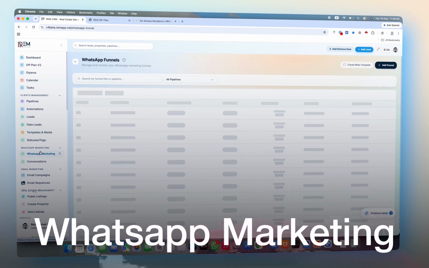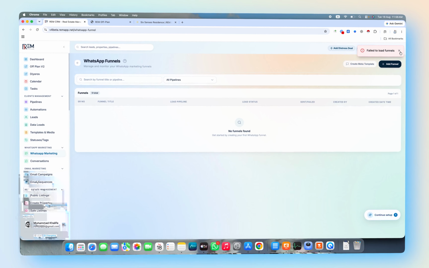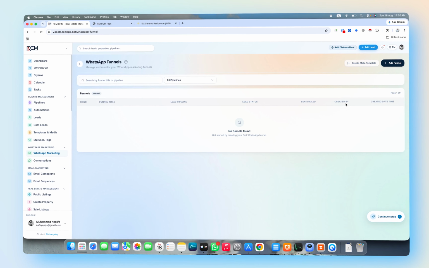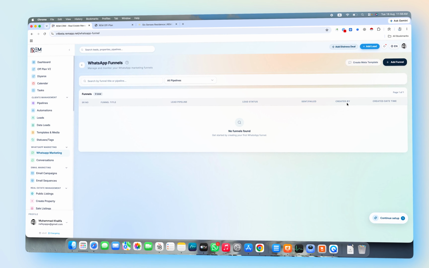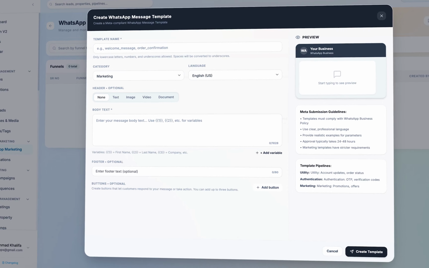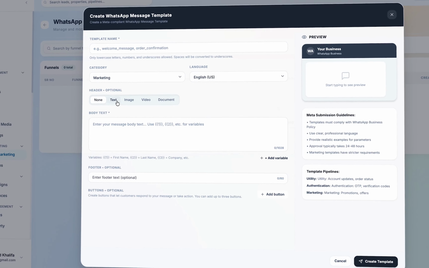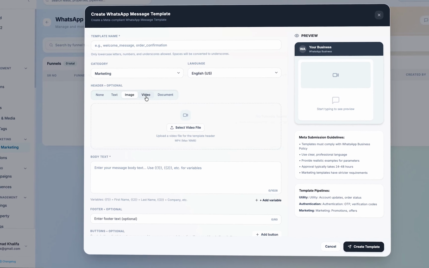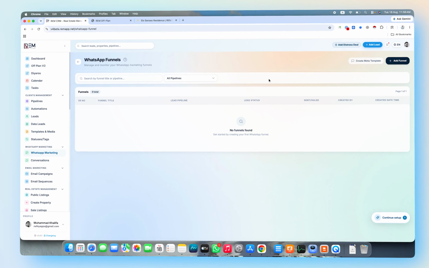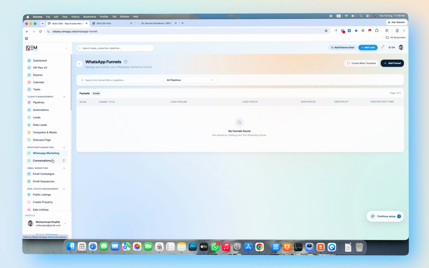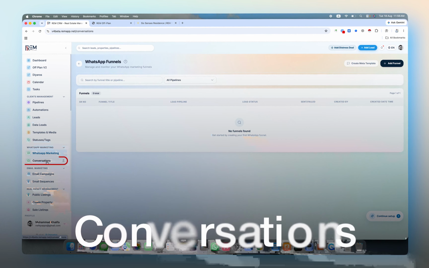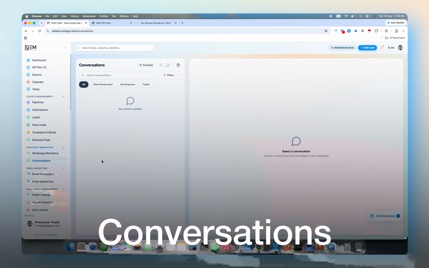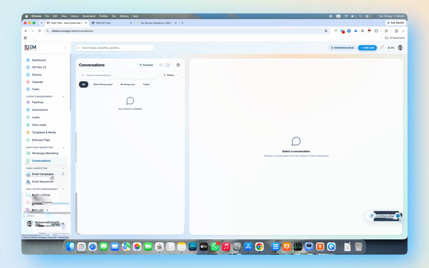WhatsApp marketing over here, you can see this is the option where from the API of WhatsApp business, actually you can send the bulk messages through WhatsApp. Once API will be integrated, we will give you this interface where you can send the bulk messages through WhatsApp, and you can create the template you want to do that, and you can give the conversation access to all of your team members as well in case you want to do that, or any specific person. That is something you can do it from here as well. Like if you want to send the message to 1,000 people or more than that, you can do from this